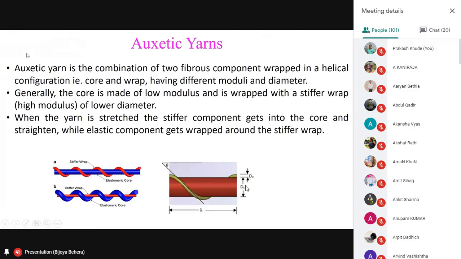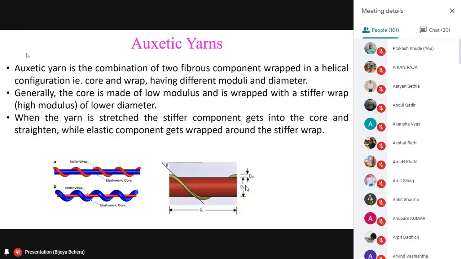I'll give you only a very few examples of auxetic yarn, but the focus is auxetic fabric. But let's understand what is auxetic yarn. This is one of the very simplest ways of making auxetic yarn. In this diagram, this is a two-ply yarn. Look at the left-hand side. Red color is a normal yarn. What I have written here, stiffer yarn, means it is not a highly extensible yarn. It is a normal, ordinary spun yarn.